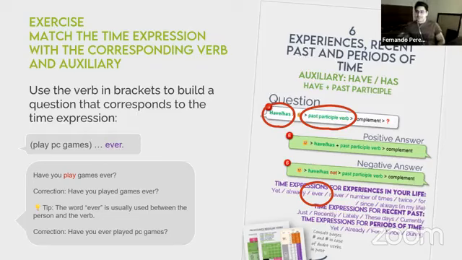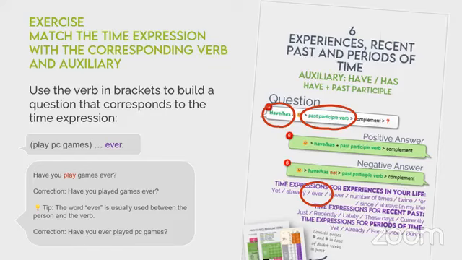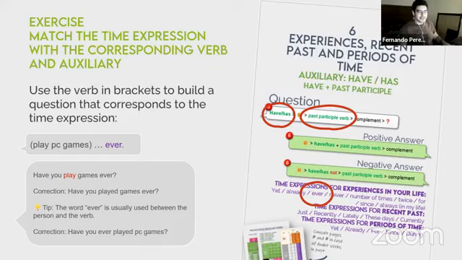All these time expressions correspond to the formula have and has plus the past participles. Okay. But for example, if the expression is ago,